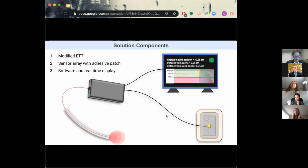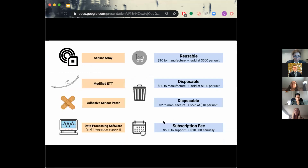When in the safe region, the display will indicate a green marker. However, if the tube moves outside, it will notify clinicians. The pricing model that we've come up with centers around a reusable sensor array and central unit which contains the